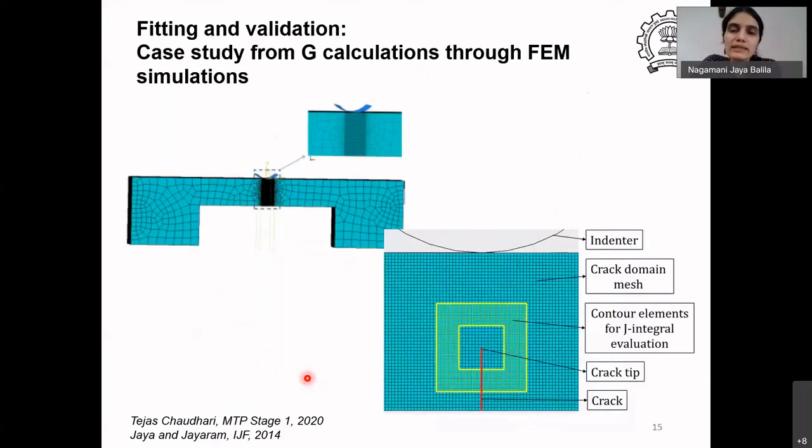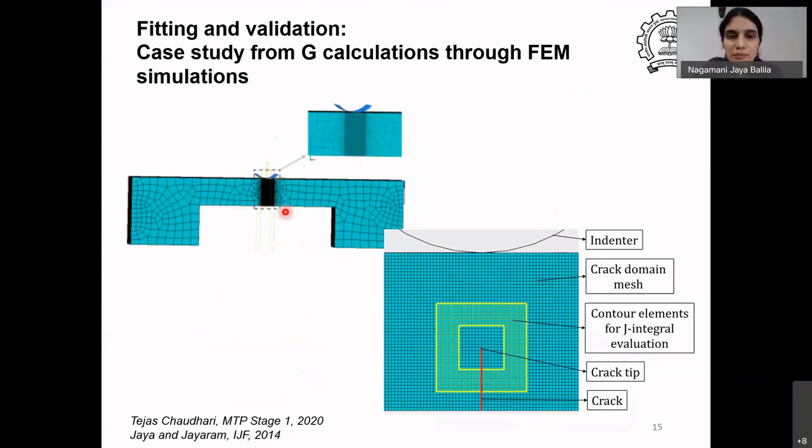So how to calculate the G directly? The finite element is composed of meshes, and the solutions are numerically calculated. So numerical solutions are always approximate solutions. They are never exact solutions. It will never come exactly equal to the analytical solution, but it will come close to it. You should try for it to come close to it. Otherwise, you are wrong in certain ways.